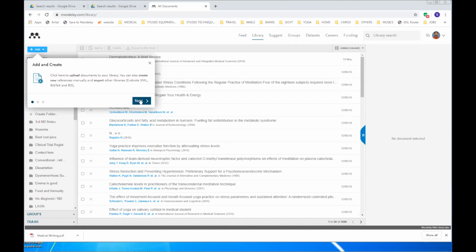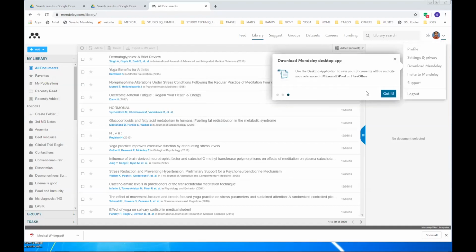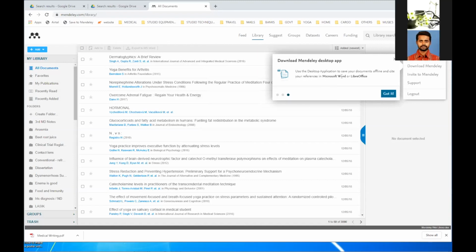It shows you all the options what it has. You can go through this. It will give you some good idea. See, it recommends you to download the Mendeley app. And see, there's an important notification which is shown here. You can use this Mendeley app for references. Only two kinds of word processor are allowed: one is Microsoft Word or LibreOffice. Only in these two, integration has happened, and you can connect Mendeley to these softwares.